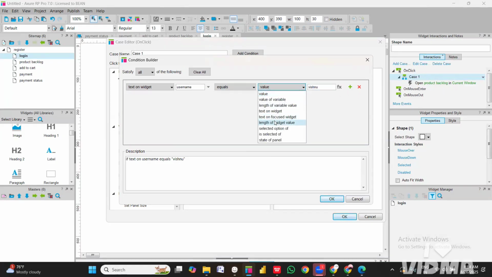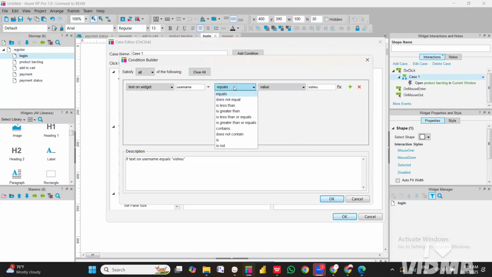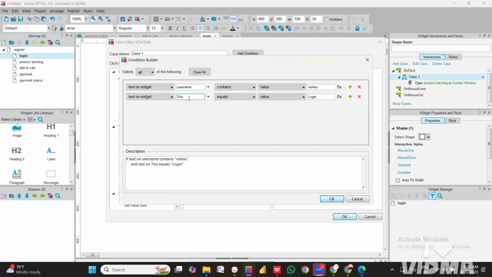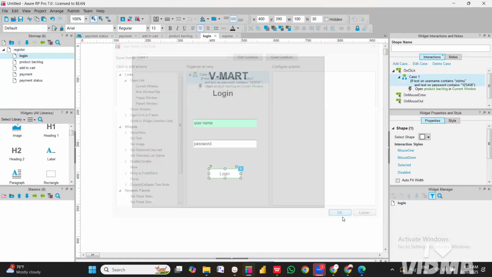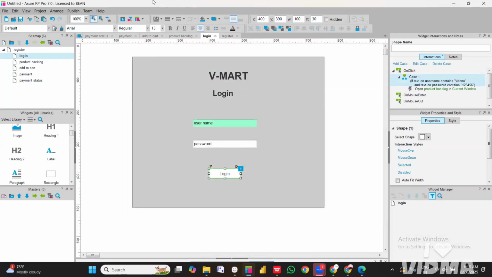So for this value you can select whatever you want, value of variable, value of all these things. And here also in this equals we can use the contents, like in username Vishnu should be available definitely. So I just want to add one more condition also. Here I want to give for the password, and the password should contain the value 1 2 3 4 5 6. Okay, I have given the condition. So when we are previewing this,